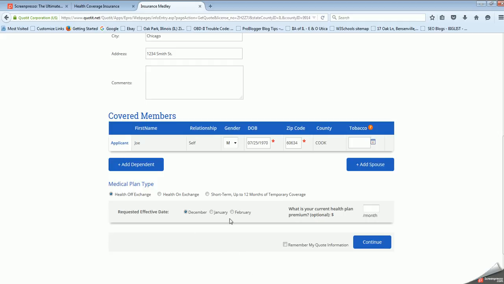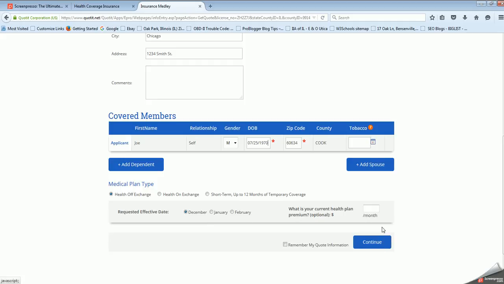And you'll also see you have three options of the dates of when you can start a plan. Typically, it'll be the next upcoming month, and the reason being is there is some time that it takes for an application to process, and all of that is determined by how quickly we get the application in, and then sending it on to the insurance carrier, and then the insurance carrier doing their underwriting, and then sending you the information, the final coverage, etc.